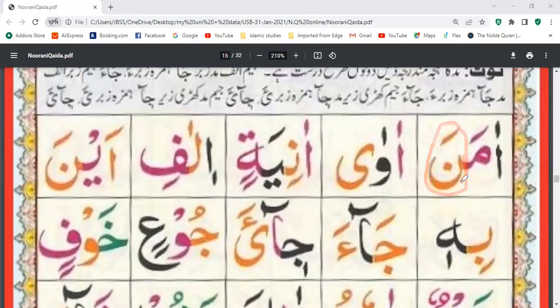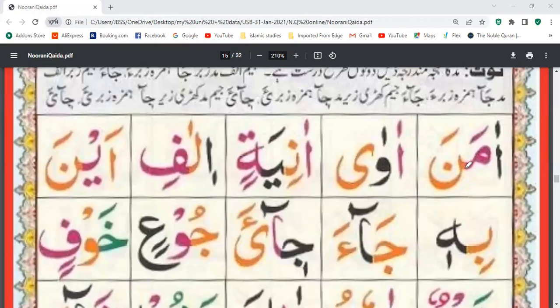So noon zabar na. The na is short, but the other piece is very long.